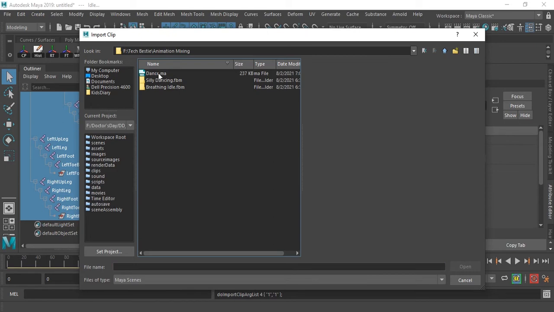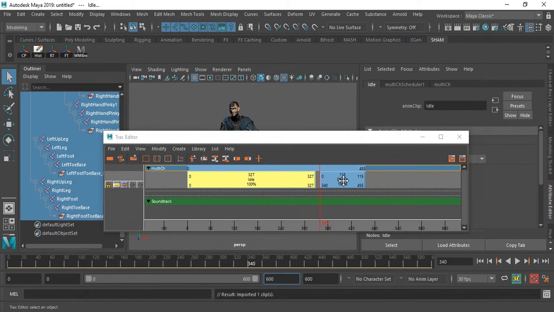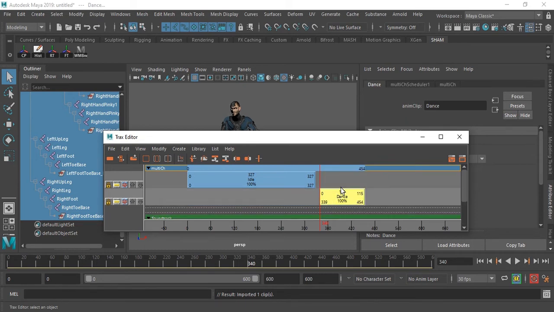Now select the dance animation clip that we had exported now. So now we have two separate animation clips. One is idle and one is dance. Just drag and drop this dance animation clip, drag down a little bit so that you will have two different